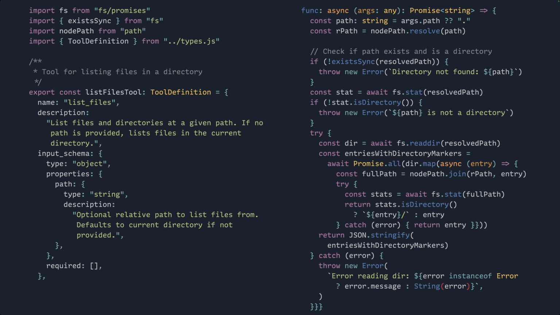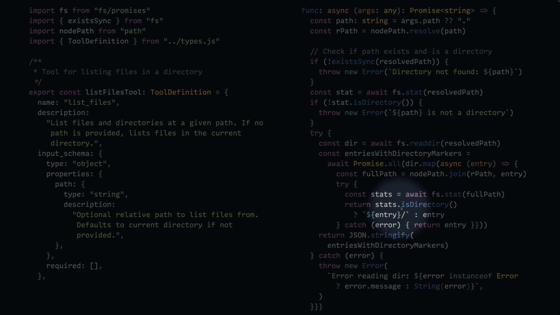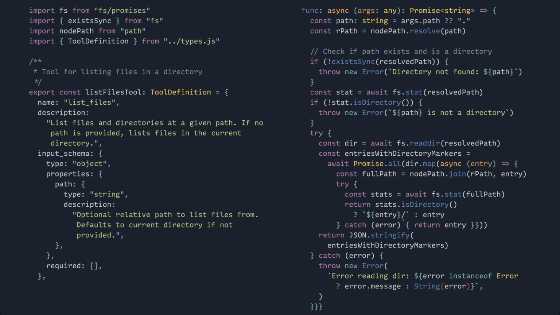And if so, we iterate through all of the entries. But the one little extra we do here is that if an entry is a directory, we will output it with a slash on the end, so that we provide a little clue to the model of which things in the directory are subdirectories or not. And that seems to work really well.